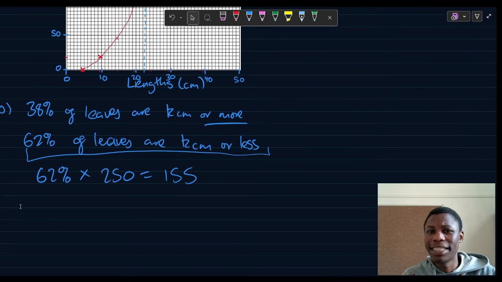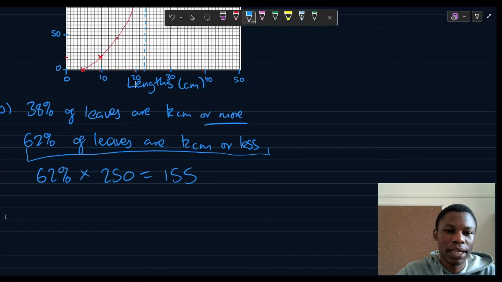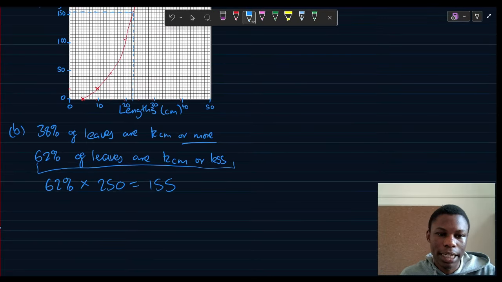Again, read off the answer you get from your graph. Do not guess. They will mark you based on your graph. So if you get 23 on your graph, then use 23. If you get 21 on your graph, use 21. So in this case, I am getting that K has to be